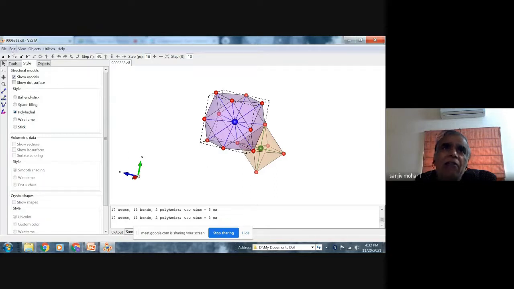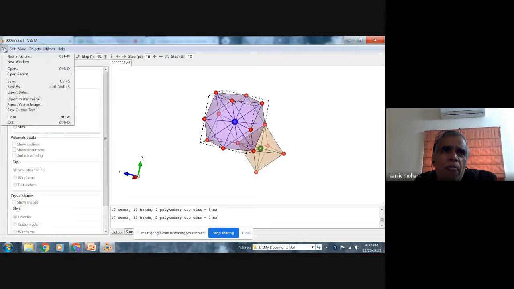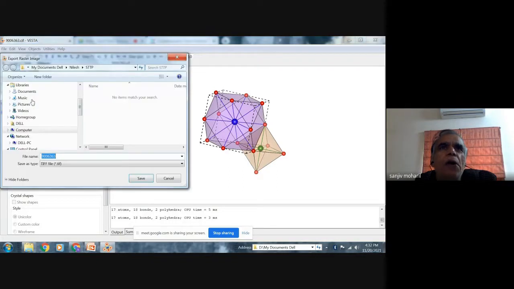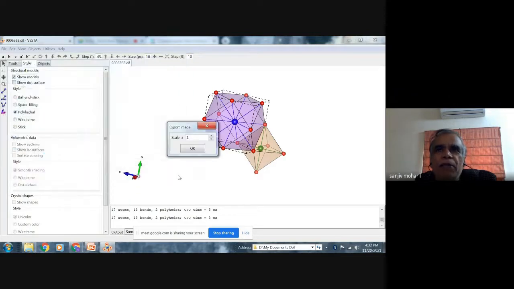From Vesta, we can export this. We can export the image as a TIFF file or as a JPG file.